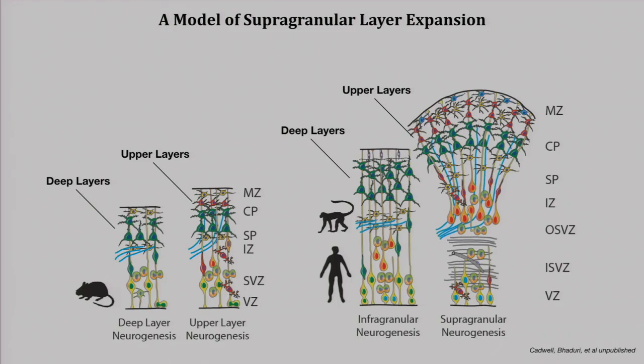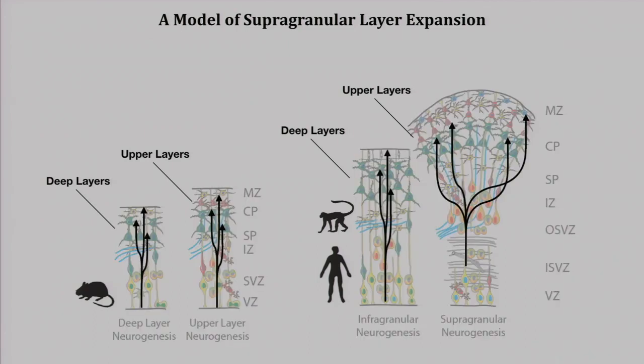We think that the discontinuity of the radial glia scaffold and the apparent appearance of these radial glia fibers fasciculating on the thalamocortical axons could have implications for the patterns of neuronal migration, such that when the scaffold is more continuous, that supports more radial migration, versus when the scaffold becomes discontinuous and the cells have to sort of transition between different scaffolds, that may lead to greater tangential expansions of clonally related cells during development.